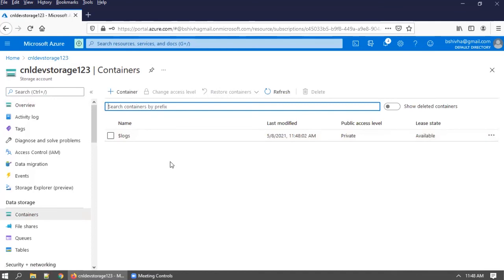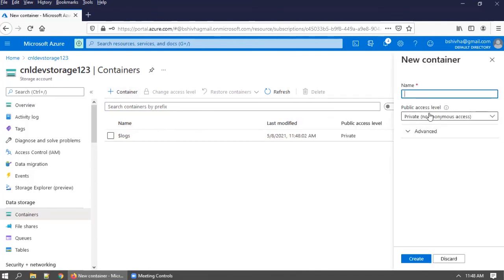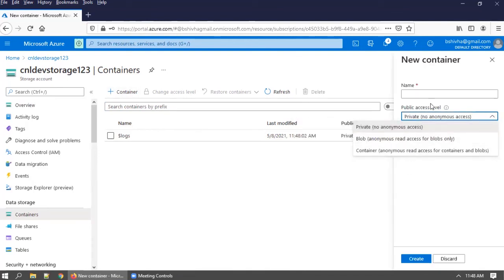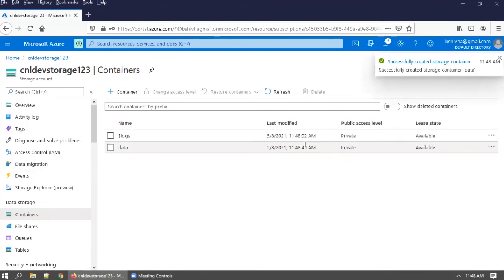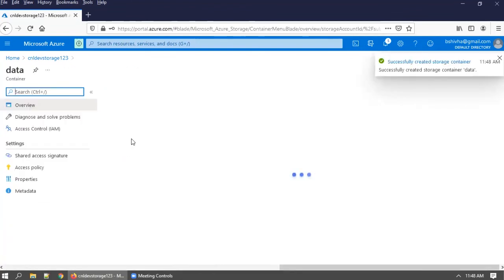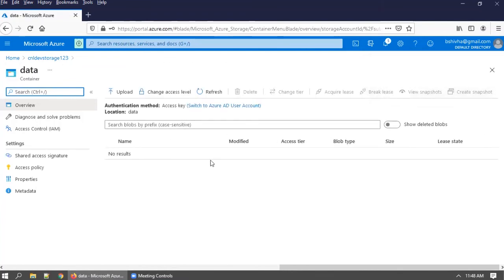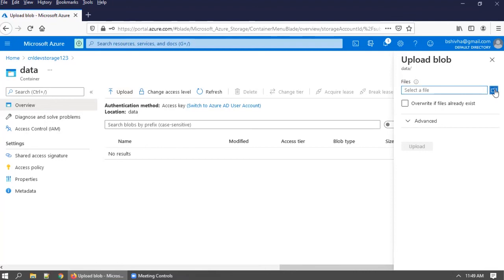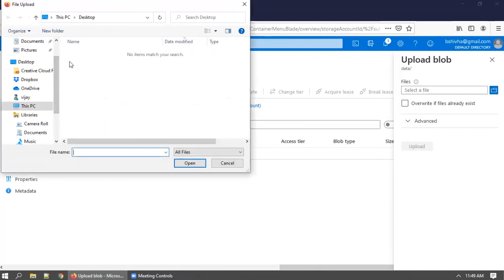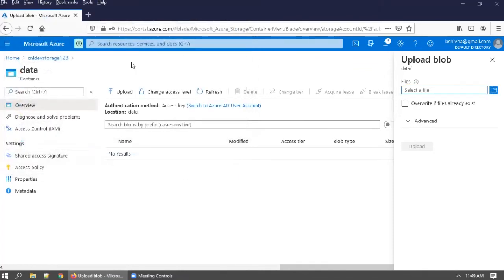You can create a necessary blob here, say a container. Say data, create. If I go into this, you can upload any data, sample data. So let us go with the data upload. Some image, we can upload it. So we can download some